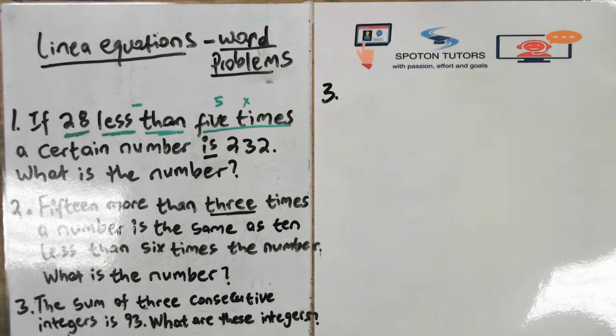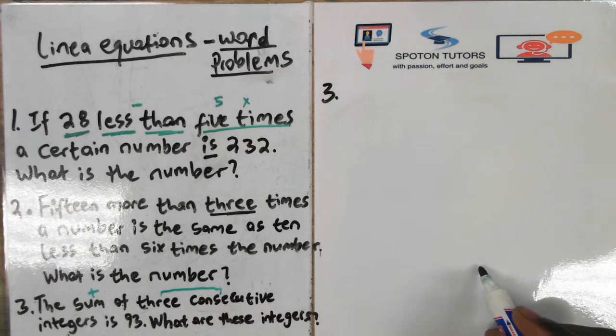Let me quickly analyze and give meaning and sense to some of these terms here. The sum means addition. The sum, it's addition of 3 consecutive. Consecutive means numbers that are following each other. Let's say, just for an explanation,